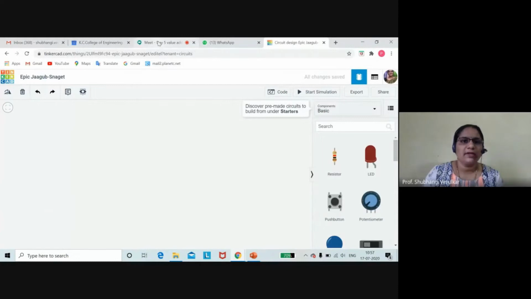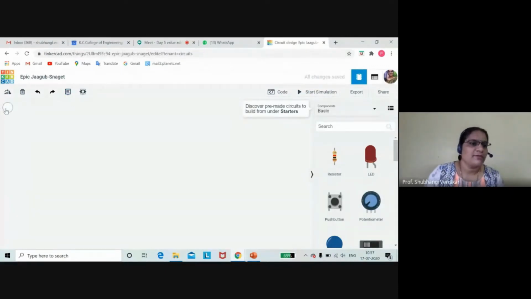Once we click on create new circuit, we should be familiar with whatever screen is in front of us, correct? First, here you have an option for whatever circuit is present in your working area. This is a bar where you have some shortcuts to do specific tasks: rotate, delete, undo, redo.